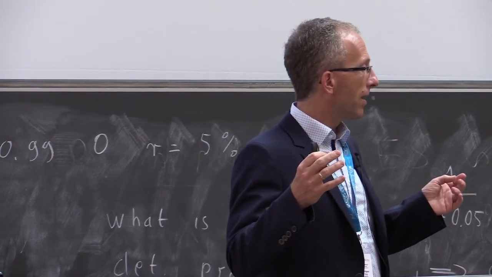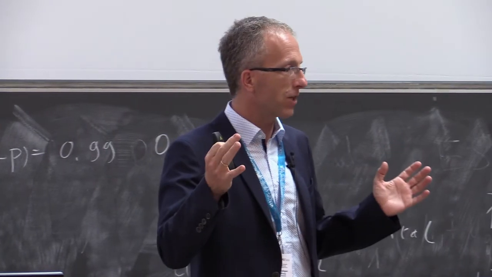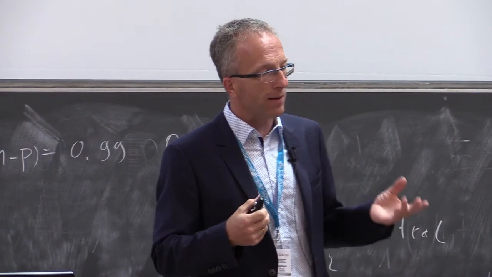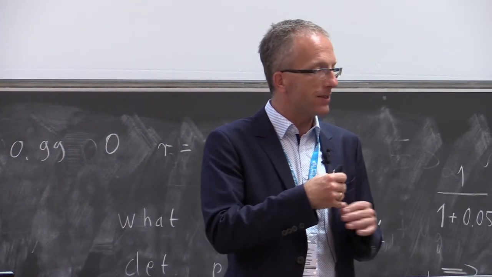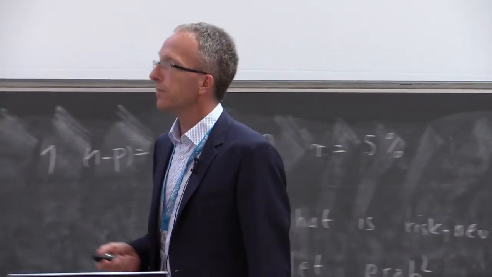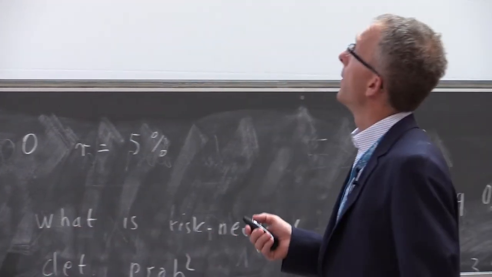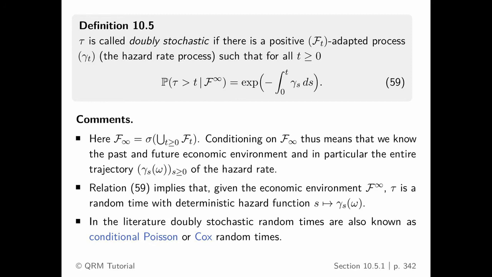We consider a model where this hazard rate is now deterministic and equal to this given trajectory. And the second randomness is then really when does the firm with this given hazard rate really default. And formally, you're led to this definition here. A random time tau, a default time, is called doubly stochastic if there is a background process gamma t, the hazard rate process, such that the